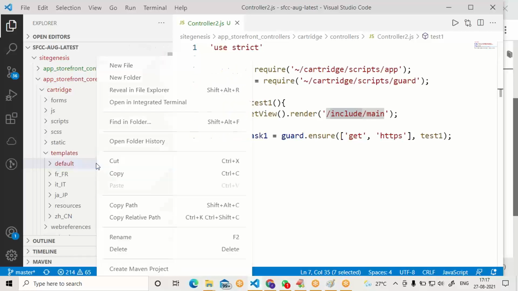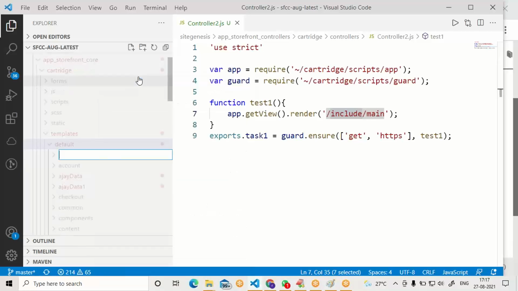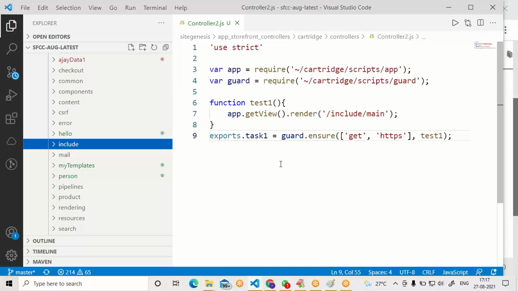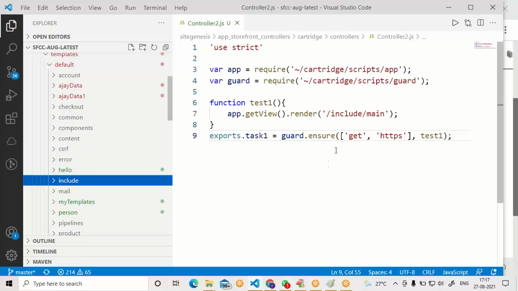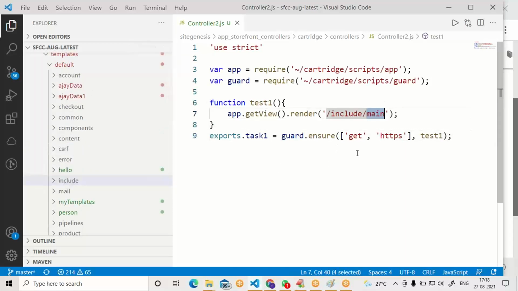Right click on default, go to new folder. Choose the folder name as include.